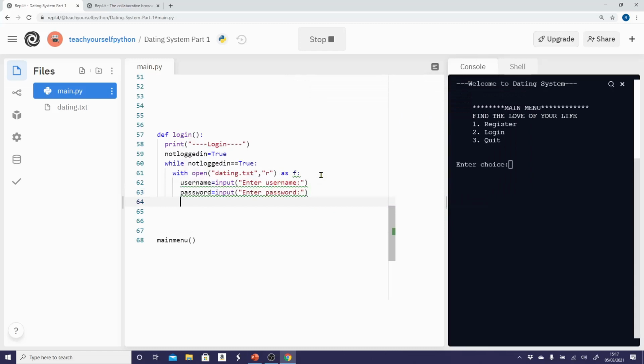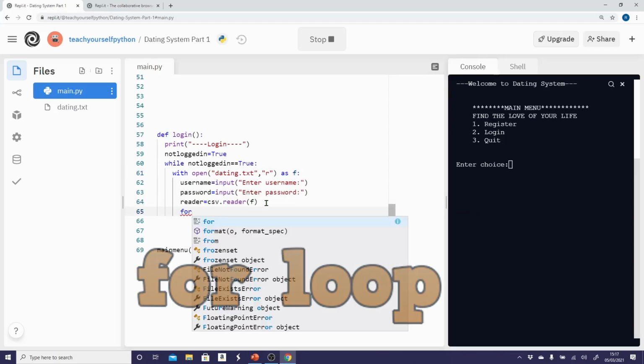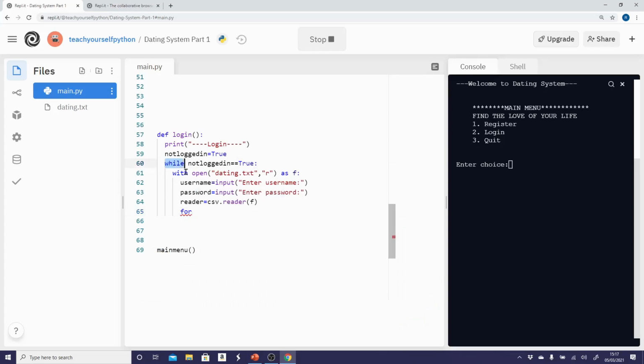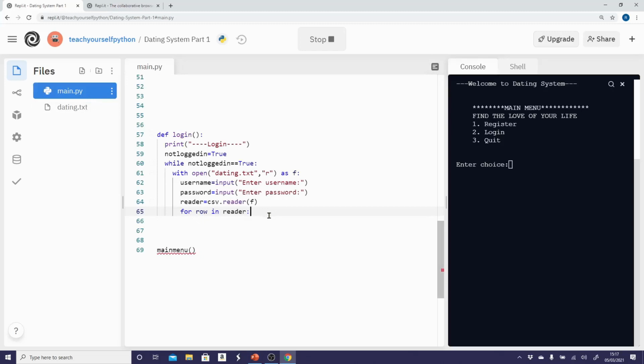So we're going to have to open a CSV reader for the file that we've referred to over here, as f. And we're going to use what is called a for loop now. We've used different types of iteration, a while loop, which is here, and a for loop, which is a different type of loop. We're going to say for row in reader. So remember, this file is what is being read. So for each row in the reader, and for each field, and that means each individual thing, like a name or a last name or ID, etc. For field in the row,